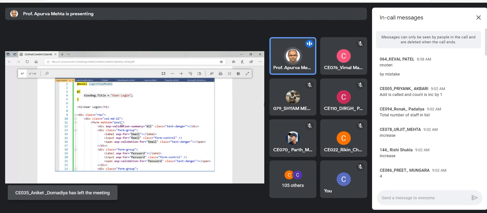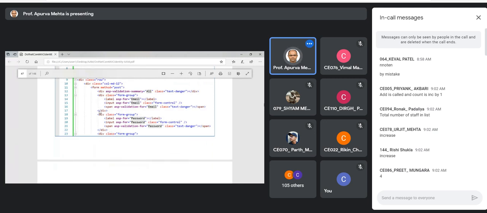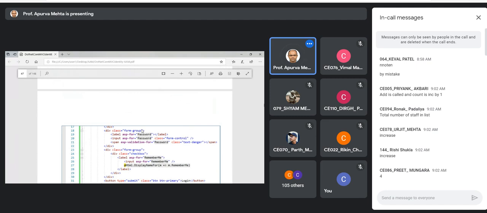We are not specifying the controller and method, because this is the login page rendered by the login action method of the account controller. So when the user clicks, the request will be taken to the account controller login action method. So it's not necessary.